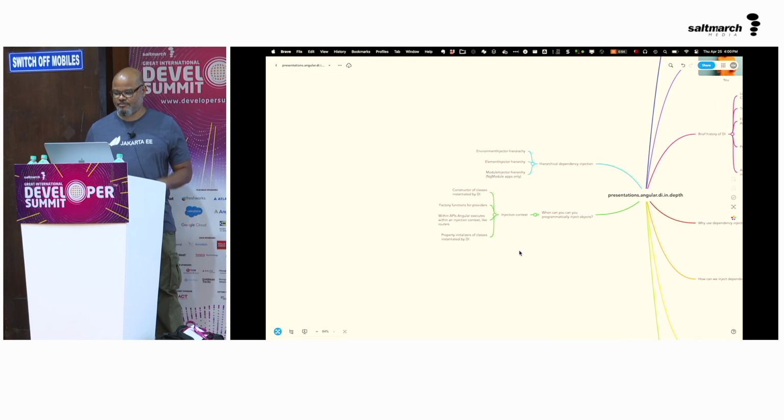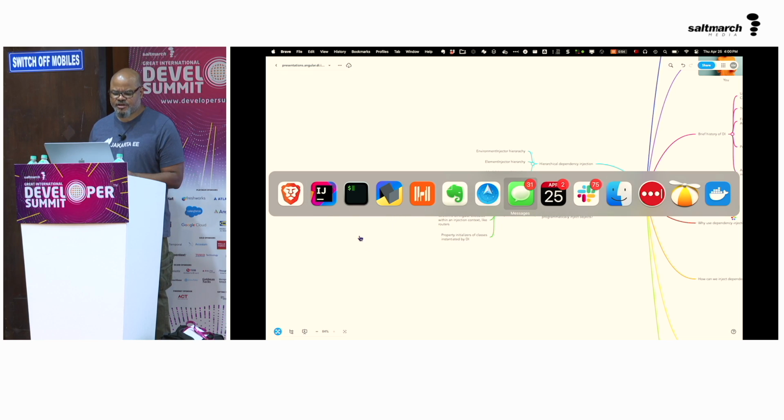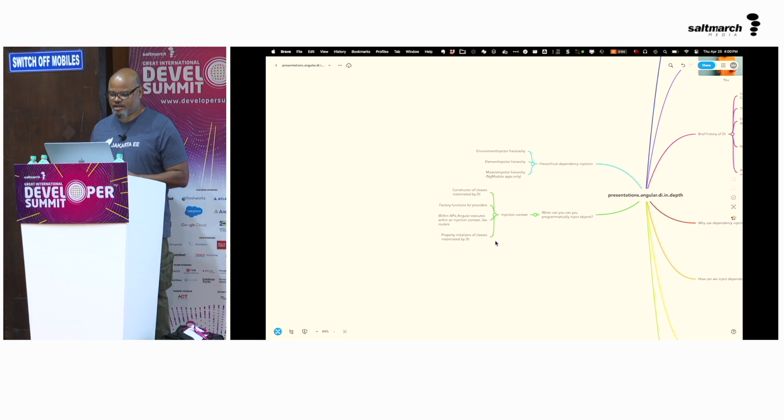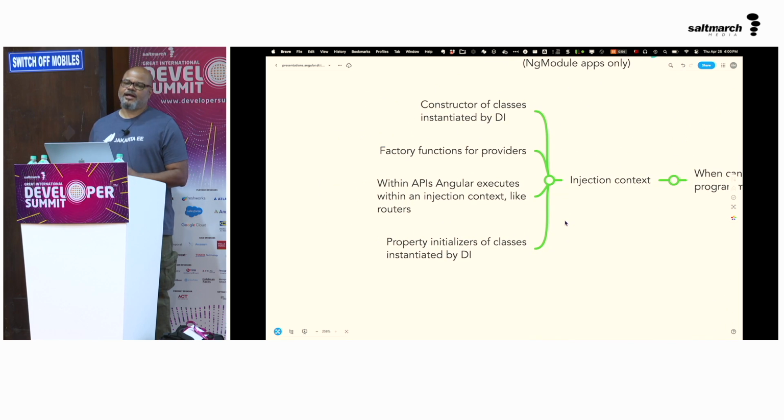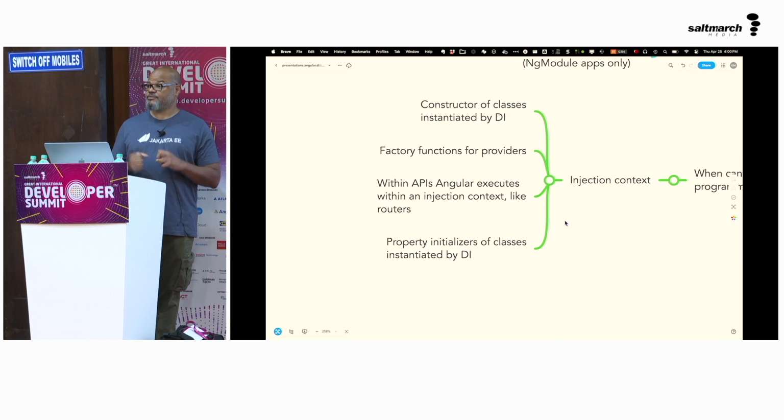Oh yes, this is important. Okay, so there's also this notion of something called an injection context, okay? So you could actually get a handle to this injector that's being used and actually use it programmatically, even if you're not building things from scratch like I did before, right? But you can only do that in a particular injection context.